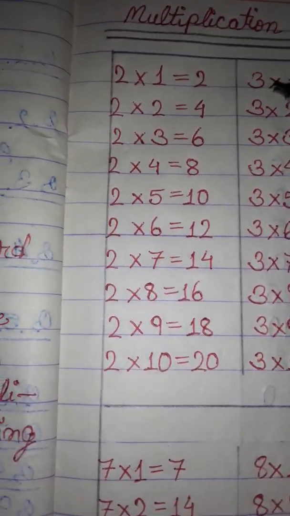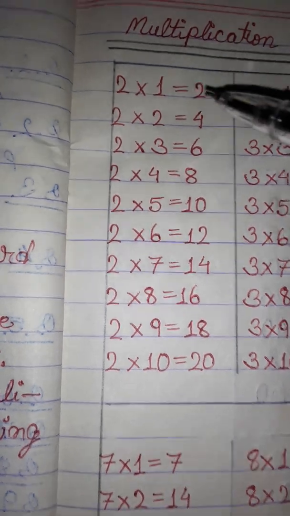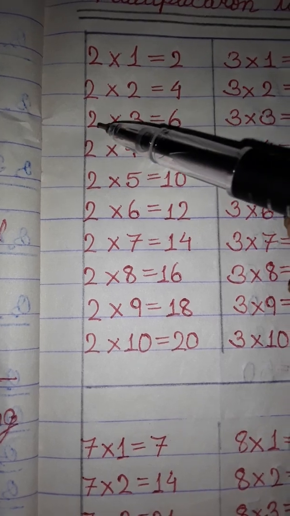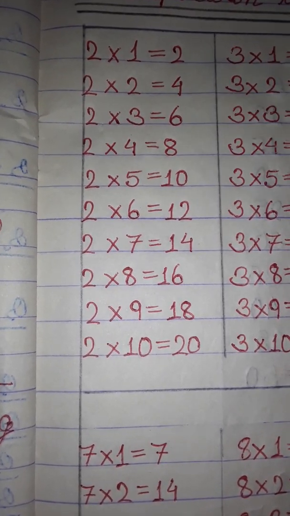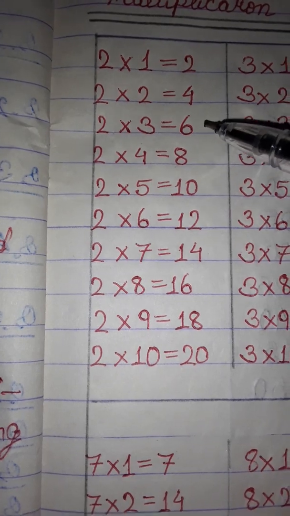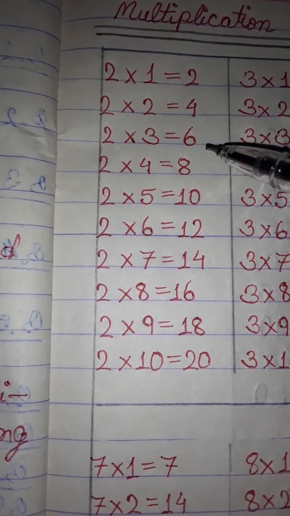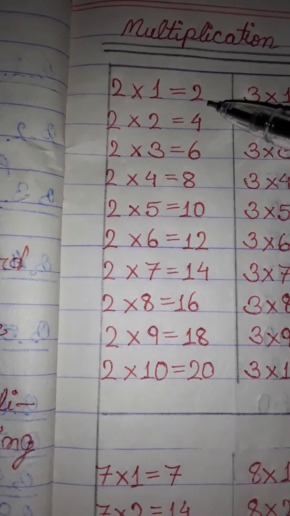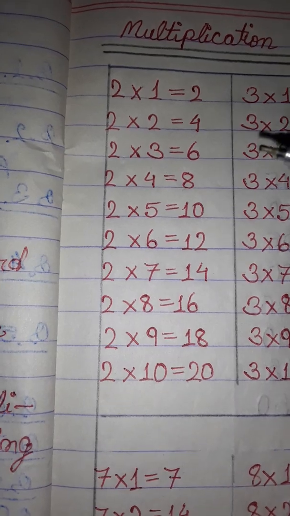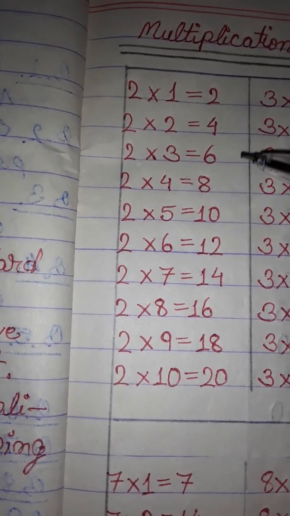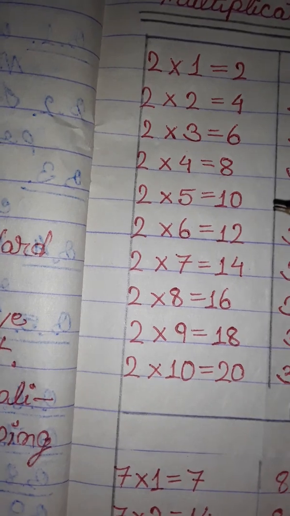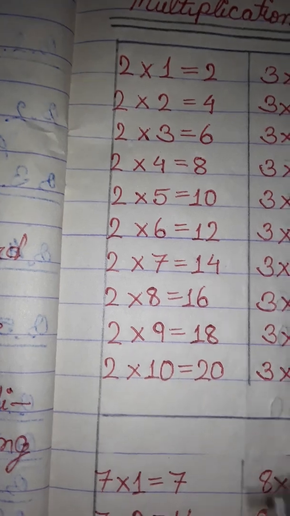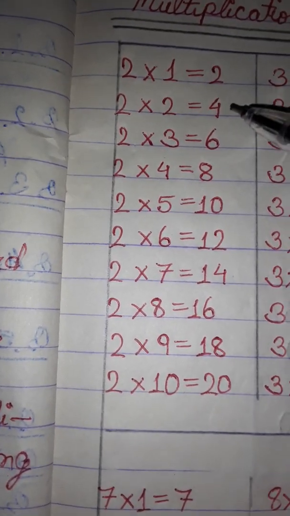So first we all know that 2 into 1 is equal to 2 and 2 into 2 is equal to 4. So to get 2 into 3, how much will it be? It will be 6, everybody knows that it will be 6, but how did it come to 6? For that some students may have some problem, or they can do the plus, but it will take some time also. But to do the multiplication table in a fast way, without any difficulty, you have to just see my video.